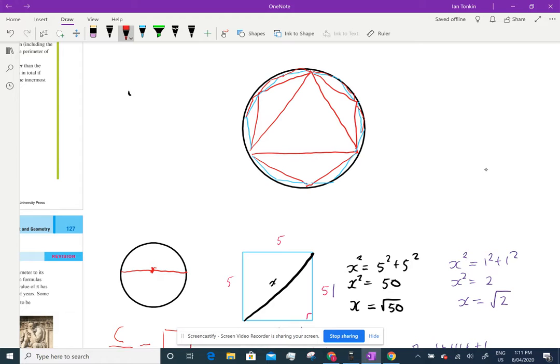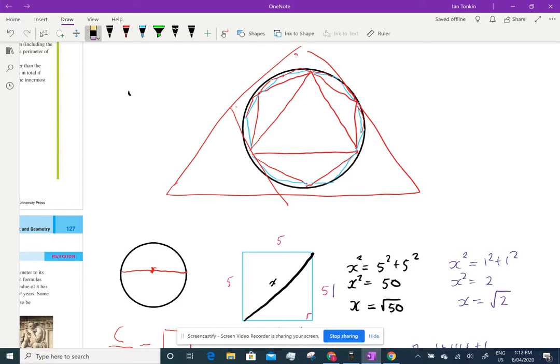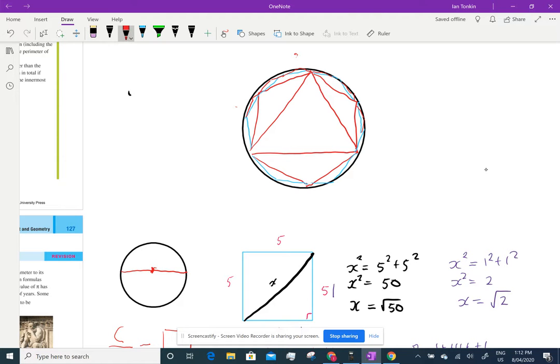He drew an equilateral triangle outside. He cut each of these in two, and he got himself a hexagon. Hold on, have I done this right? Made that two? I think I've done that wrong. I think he might have even started with a hexagon. So if I start a hexagon outside the circle,